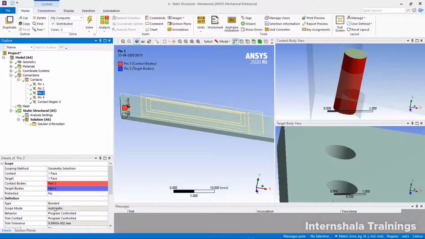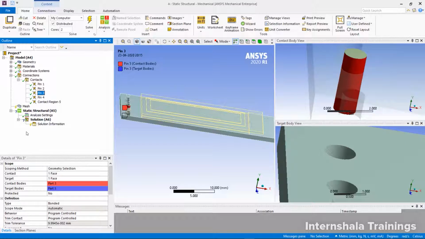The software cannot describe whether it is a frictionless contact or frictional contact or rough contact, bonded contact or no separation contact. First thing, when you import an assembly, you need to check whether all the areas where the contacts are possible are created or not. Once you are done with that, the next thing you need to do is, if you want to change any behavior of any contact, you need to change it manually.